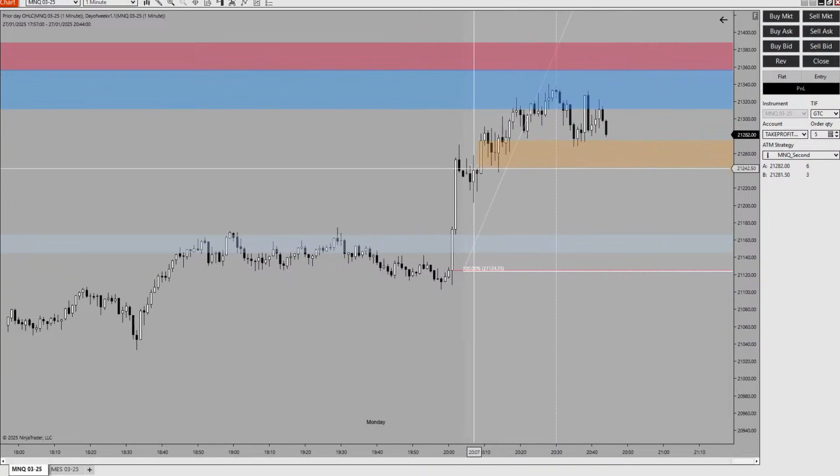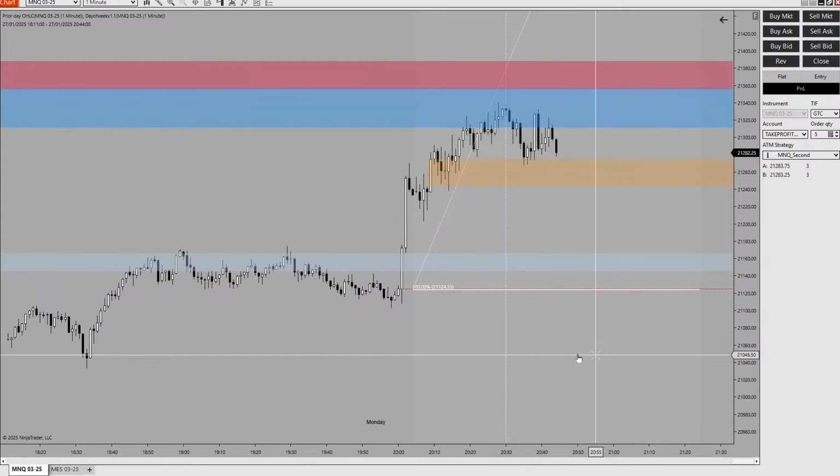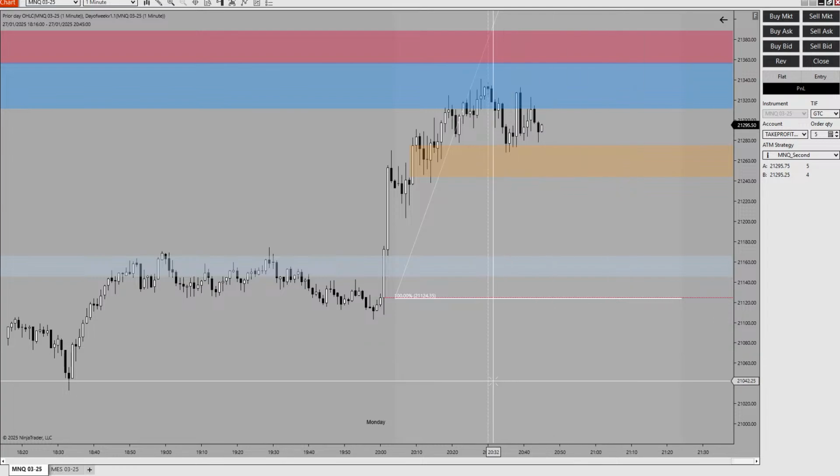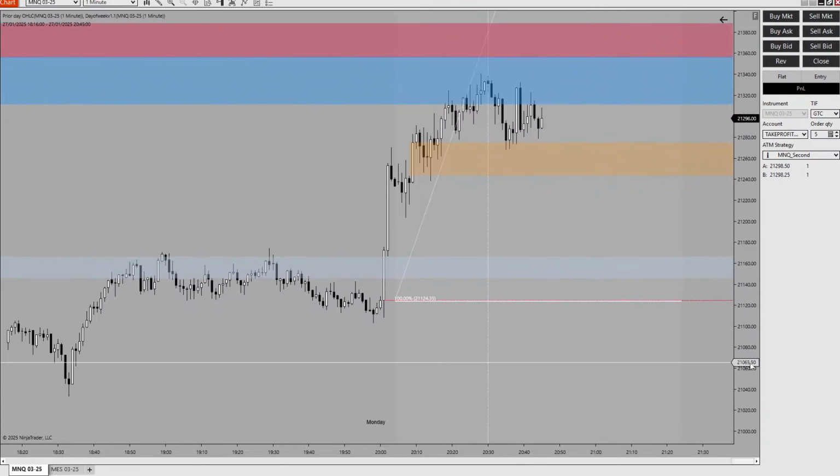So this golden patch is basically the first fair value gap of the day. 8:30 was the first, or rather the only news that was supposed to be released today. So it is behind us now. Now after 8:30, I want to see where is the first fair value gap forming on the hourly basis. So you ignore this 8:30 candle, and from 8:31 onwards, we start again looking for that first fair value gap. So you can see this area over here.